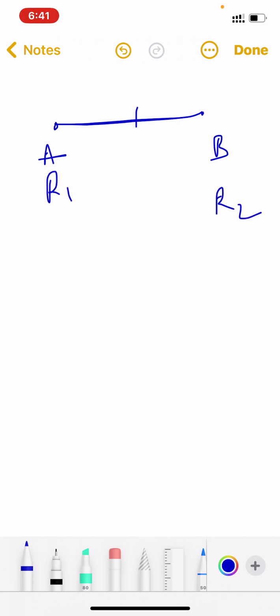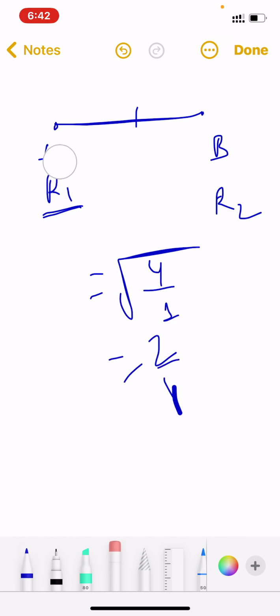Okay, so for this we already know that when they exchange after meeting, if we know their speeds, they can directly write the ratio of speeds from the time taken. After meeting, Ram will take 1 minute, and Rahim will take 4 minutes, so directly 2/1 is the answer to this question.